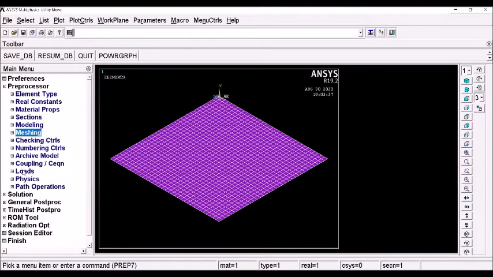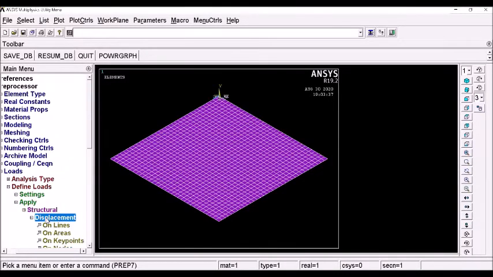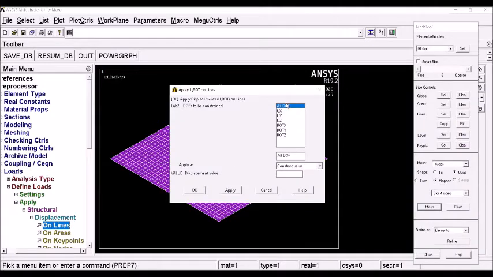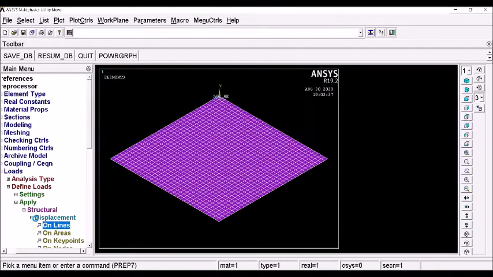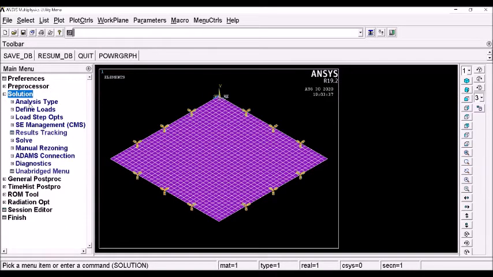Now I have to apply the boundary conditions. Loads, define loads, apply structural displacement on lines. On all the 4 boundaries I am going to fix all degrees of freedom. Constraint. Now go to solution. Analysis type.